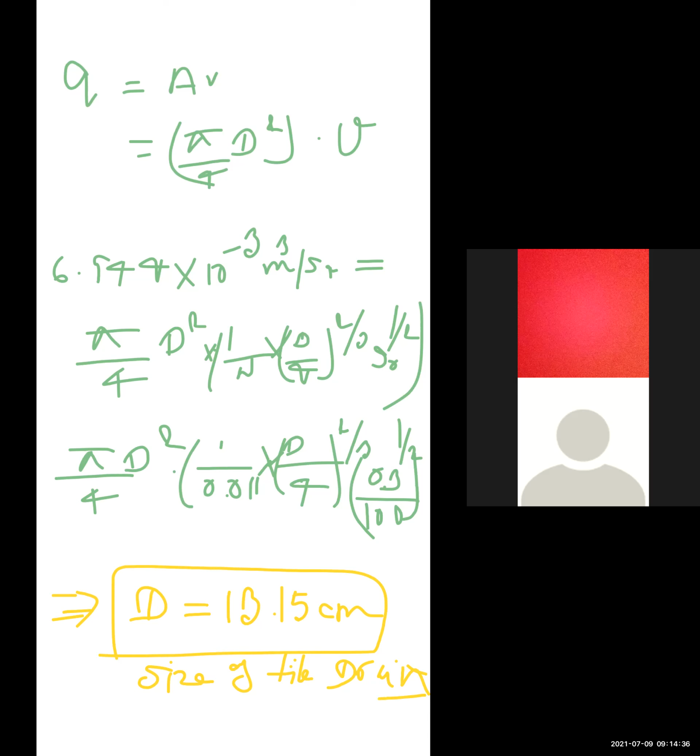So in this way, this is a very simple question on the design of tile drain. Also, we solve different types of questions related to the design of tile drain, and also to find LR, the leaching requirement, and saline coefficient. So write a question: the sugar cane root zone depth is given, that is